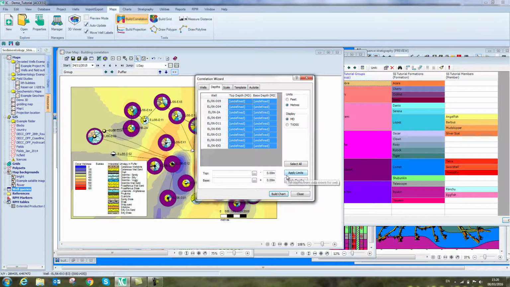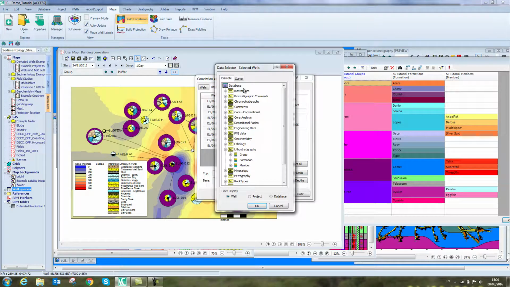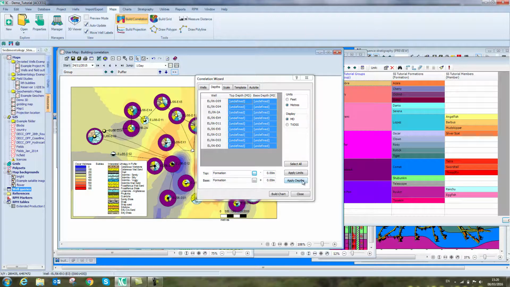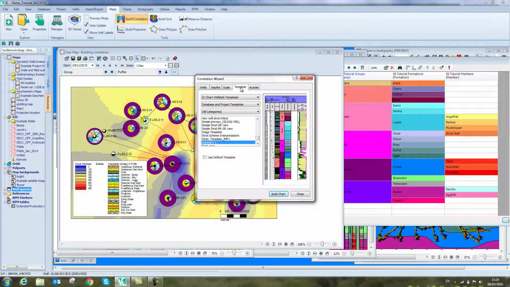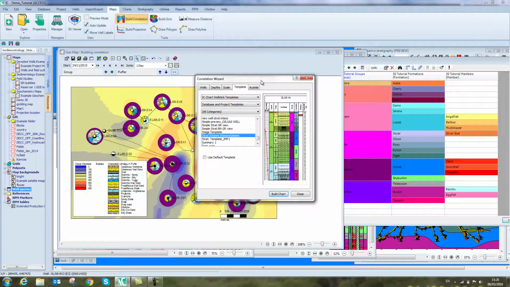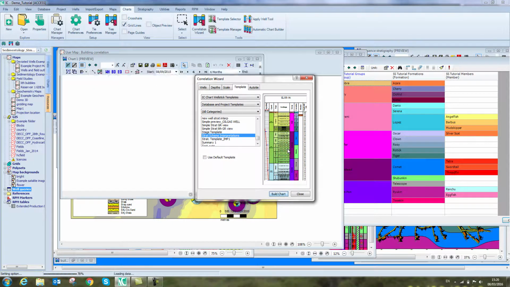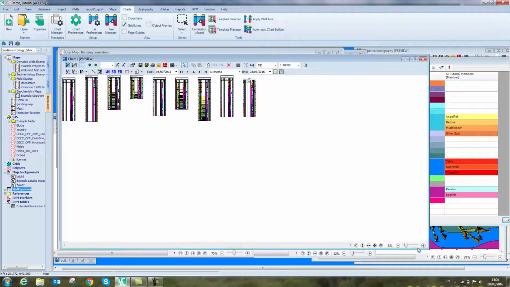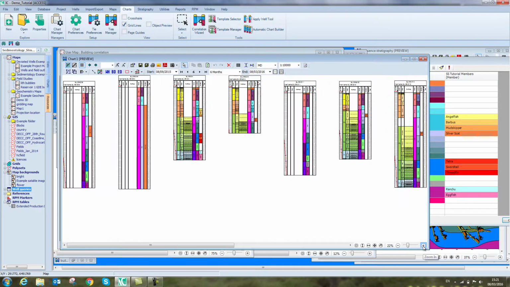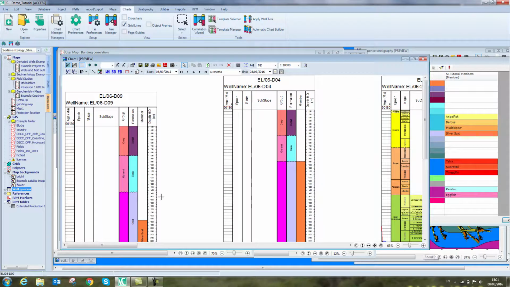So in this correlation, I'm going to focus solely on the depths over which I have formation data, apply those to all those wells, set a scale and separation, and choose a template. So I'm going to choose one that includes my chronostratigraphic data, and then build a chart in a few simple clicks. This has created a chart showing my lithology data in the right-hand columns and then my chronostratigraphic data in